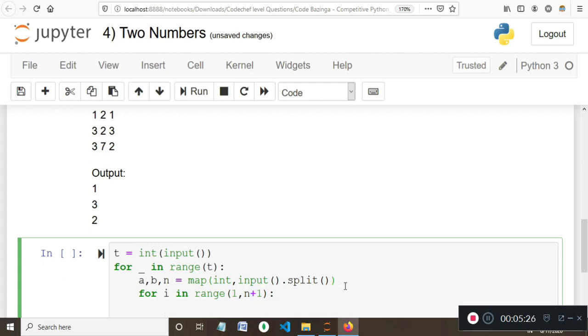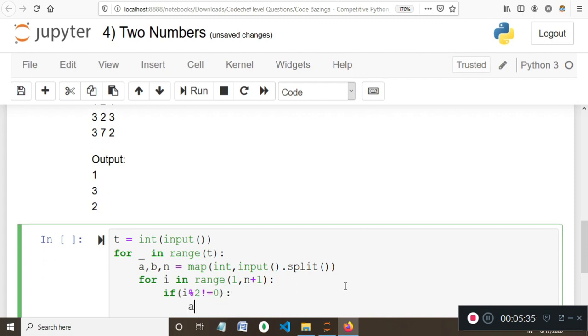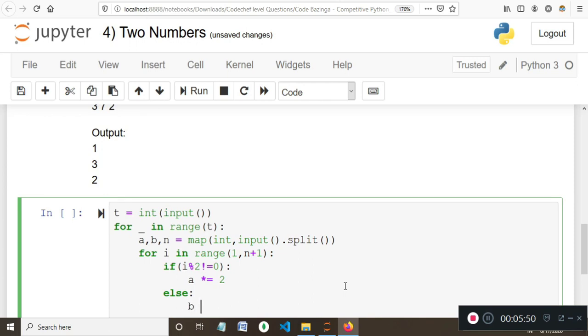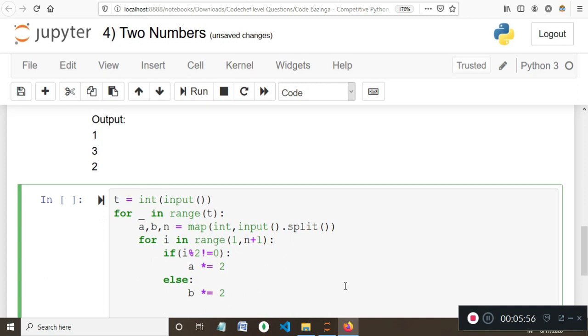Now every time i is odd, the value of a becomes a into 2, and likewise every time i is even, the value of b becomes b into 2. And C and D are evaluated as A and B, as in the value of A is assigned to the variable C and the value of B is assigned to the variable D.